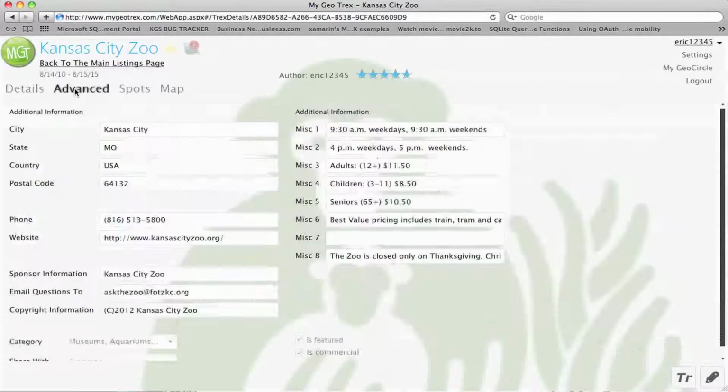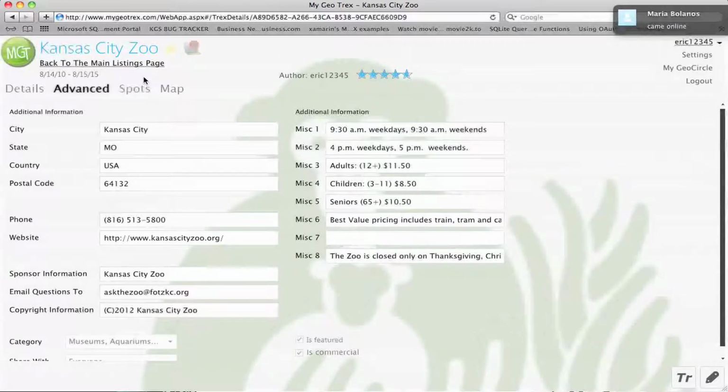The Advanced tab is similar to like in a book would be like a copyright materials or things like that. But this is where you can put in things that are specific to your Trex that you want other people to know about, such as the phone, the website, who's the copyright owner if it's not you. Additional information, we have 8 additional fields that you can fill out that will be displayed on the mobile device for things like when it's open, when it's closed, what the prices are, and things along those lines in the